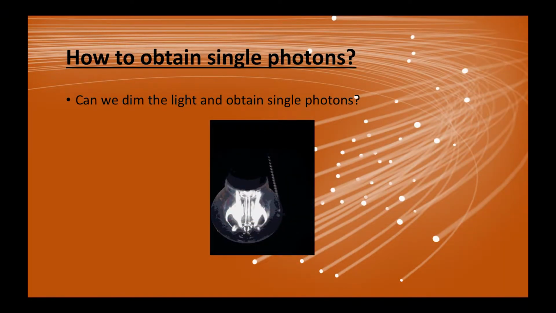So now that we know what light as a wave does or as a particle does when it goes through a beam splitter, let's go back to my initial title. I was talking about single photons, right? And then a minute ago, I was talking about so many photons. Then how would I go from millions of photons to the single photon level? Well, one way we could think about it is, maybe I can just dim the light and get single photons? I mean, it looks rational. And I actually thought of it, and I did the experiment.